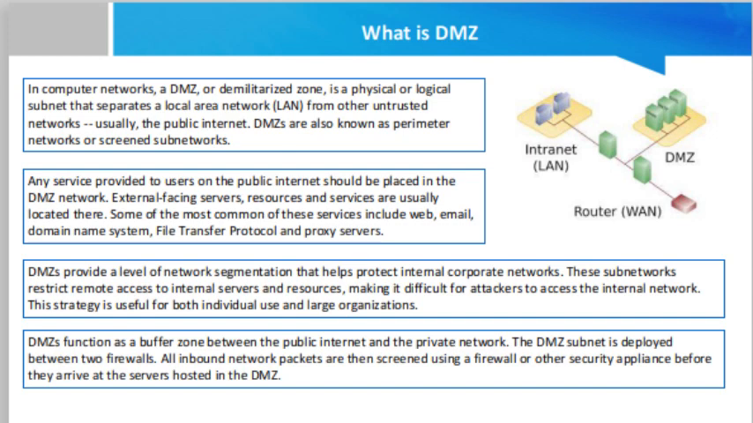Now, how does a DMZ actually work? Friend, a DMZ functions as a buffer zone between the public internet and the private network. The DMZ subnet is deployed between two firewalls. All inbound network packets are screened using a firewall or other security appliance before they arrive at the servers hosted in the DMZ. If better prepared threat actors pass through the first firewall,